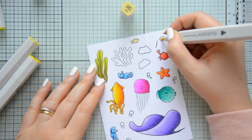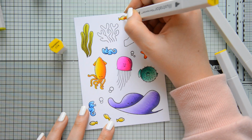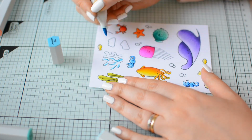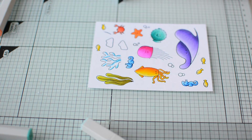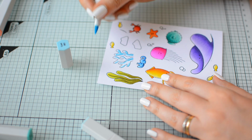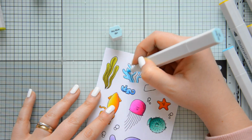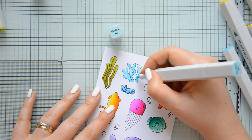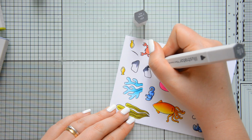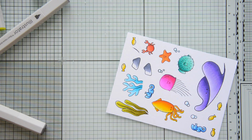We are almost done with the coloring and we almost covered all the colors in the rainbow. I used some yellows for the smaller fish and these ice blue markers for the coral. So obviously today's coloring is not realistic at all. It's all based on the fact that I wanted a rainbow palette because I really wanted to create a bright, colorful and cheerful card today. The only neutral colors that I used are the ice grays that I used to color the rocks,